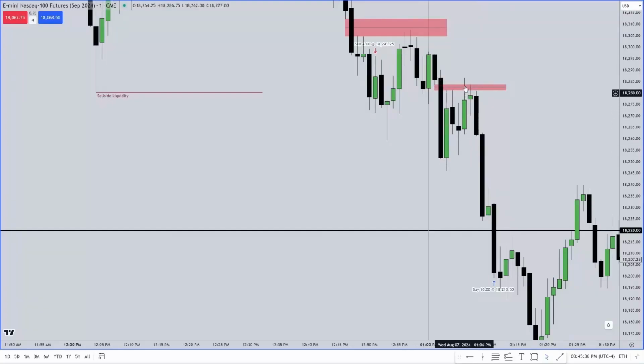So we have a little bit of an overshoot there. That's called a mohawk. It's just a coloring outside the lines. I talked about it yesterday. It doesn't change anything. Did it take out this high? No. All it does is it went outside the boundaries just a little bit, and the next one gives you peace of mind because what is it doing? It's stopping right at the high of the fair value gap. What's the high of that candle? 18,283.75. What's the low of this candle here?